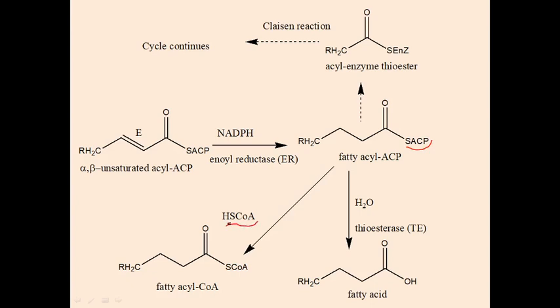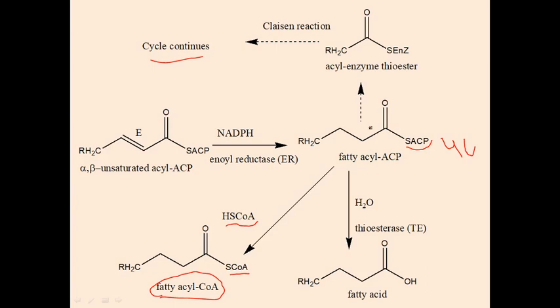You can call it thiocoenzyme A, or you can simply call it coenzyme A, and the product formed is fatty acyl coenzyme A. This portion is fatty acyl and this is coenzyme A. Or if the carbon atom is not sufficient, if it is having just 4 carbon unit, then the reaction will further continue, the cycle continues, and 2 carbons are further added in this process, and the cycle will continue here if the carbon atom is not sufficient.